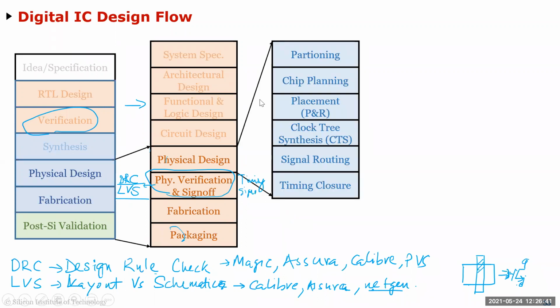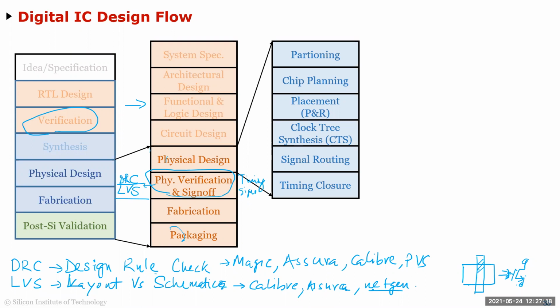So if you remember in Puneet's presentation, this physical design, as I said, if it is complex, has all these other steps which you have to go through. The first step is partitioning, where you partition different parts of your blocks. You do chip planning. Place and route is basically saying the standard cells in each of these partitioned objects need to be placed and routed. These are all done through tools or manually, depending on the complexity of the circuit. Clock tree synthesis is basically